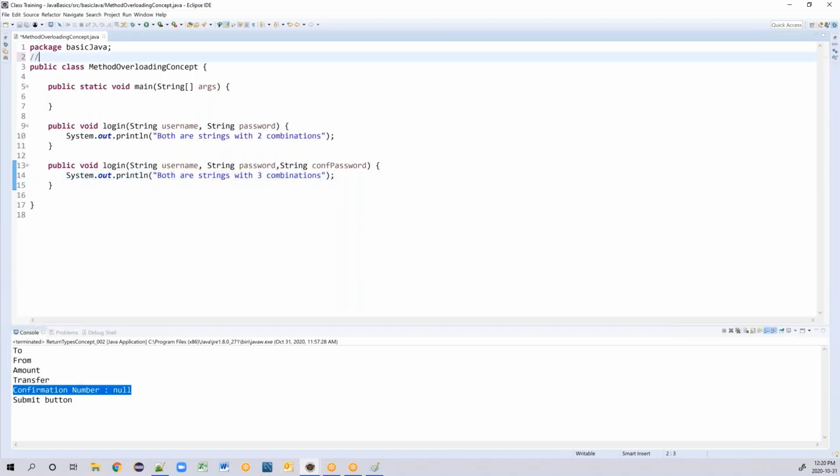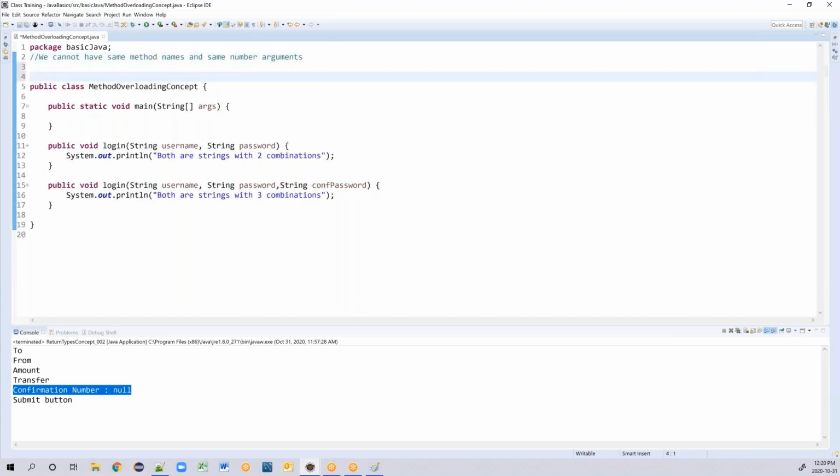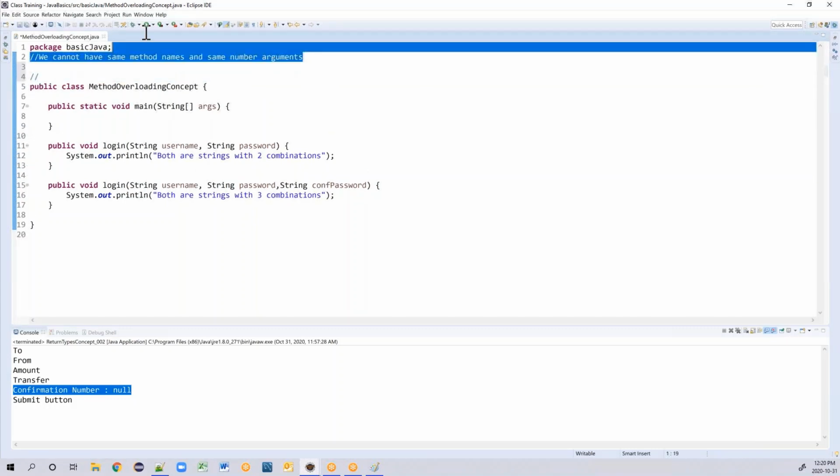Now I'm going here. We cannot have same method name and same number of arguments. Right. So this rule you have to keep in mind.